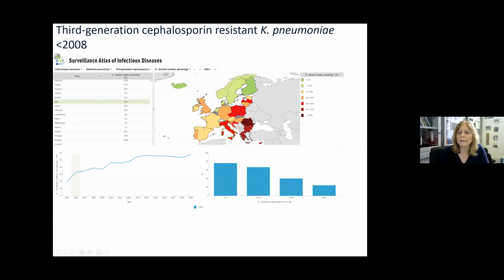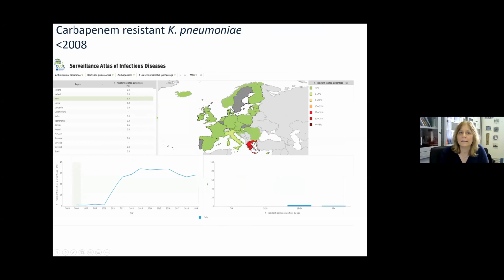This map clearly shows you that we reached very soon a high level of resistance to this kind of drug. And in the same period, we had full susceptibility to carbapenems. And therefore, carbapenems were highly used to cure Klebsiella pneumoniae infections showing third generation cephalosporin resistance. The use of carbapenems